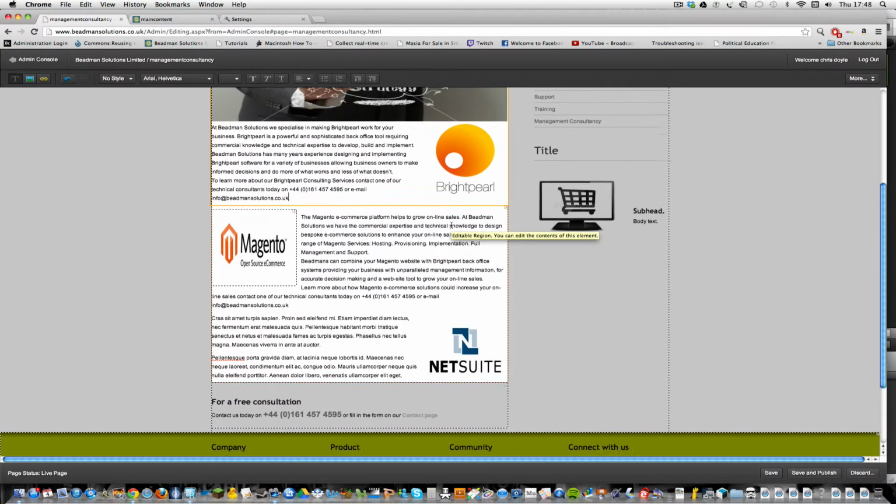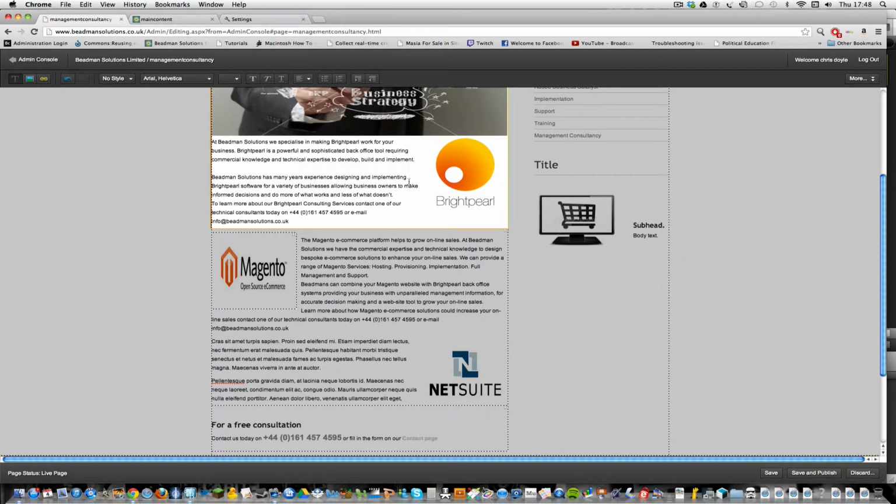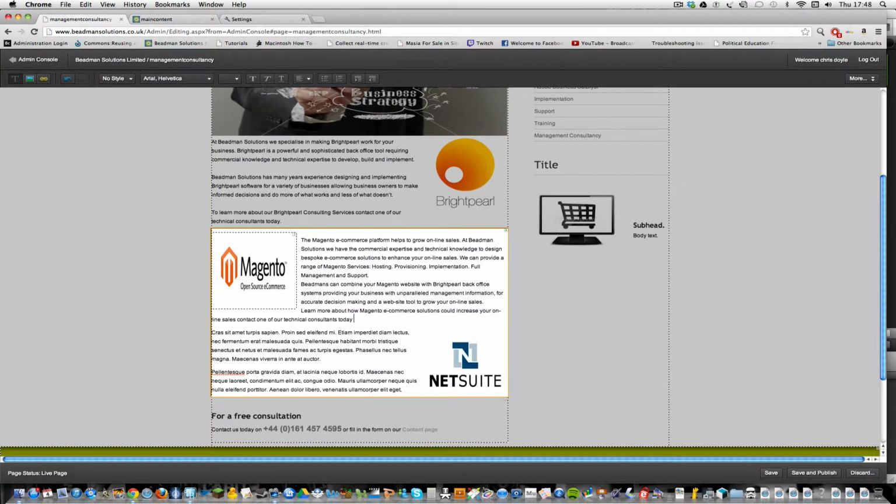And then I think these paragraphs need breaking up by a soft return, as the telephone number is down at the bottom of the page. Let's take that out, and similarly here, and